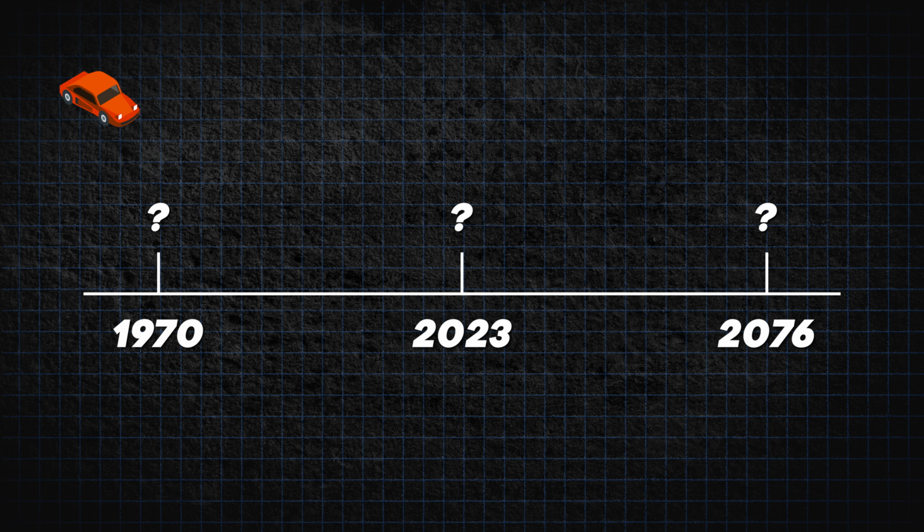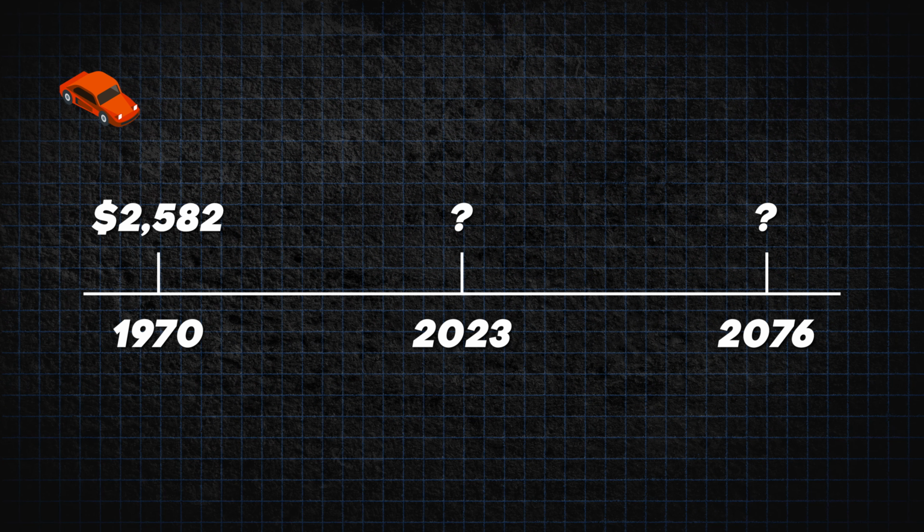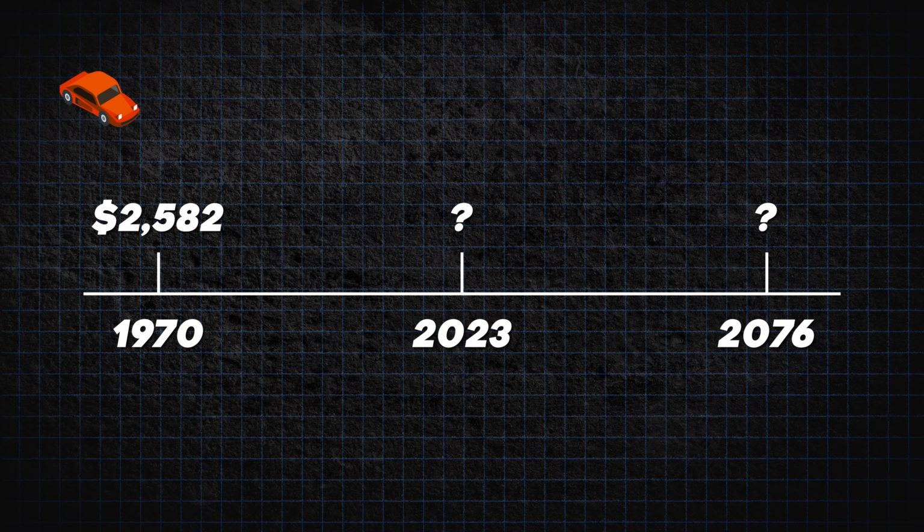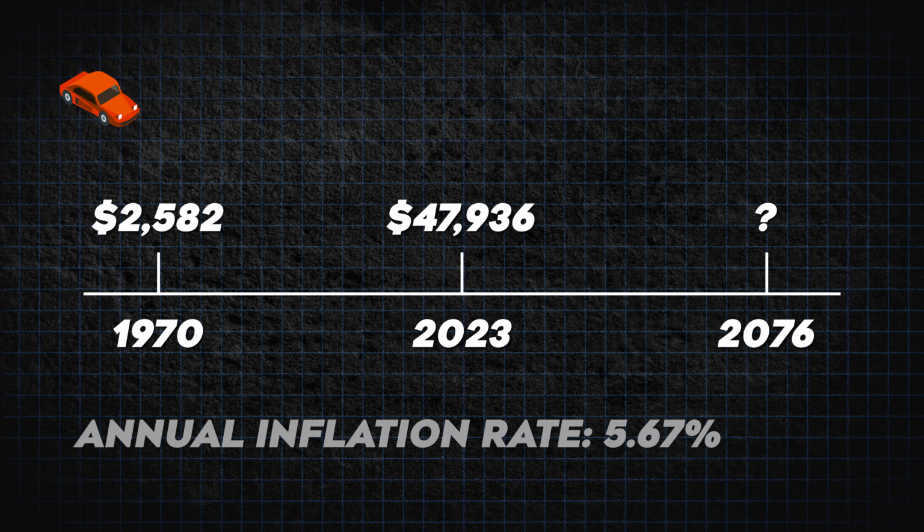Back in 1970, a Dodge Demon would run you $2,600, a Ford Galaxy would run you $3,100, and a Ford Pinto would run you $1,900. The average of those three is going to be $2,582, so that's what we're going to go with as the average price of a new car in 1970. Fast forward to 2023, and we can see that the average transaction price of a new car was $47,936. Going from $2,500 to $47,000 over the course of 53 years leaves you with an inflation rate of